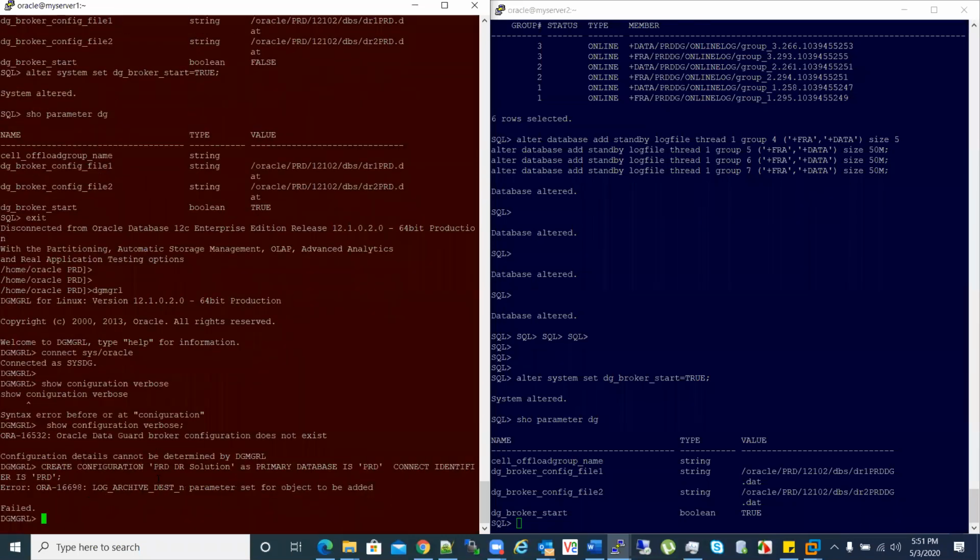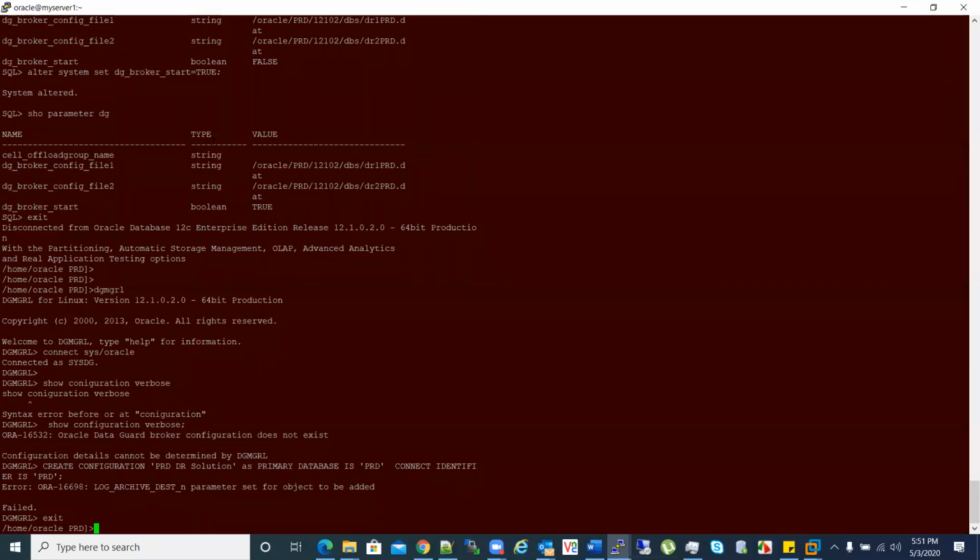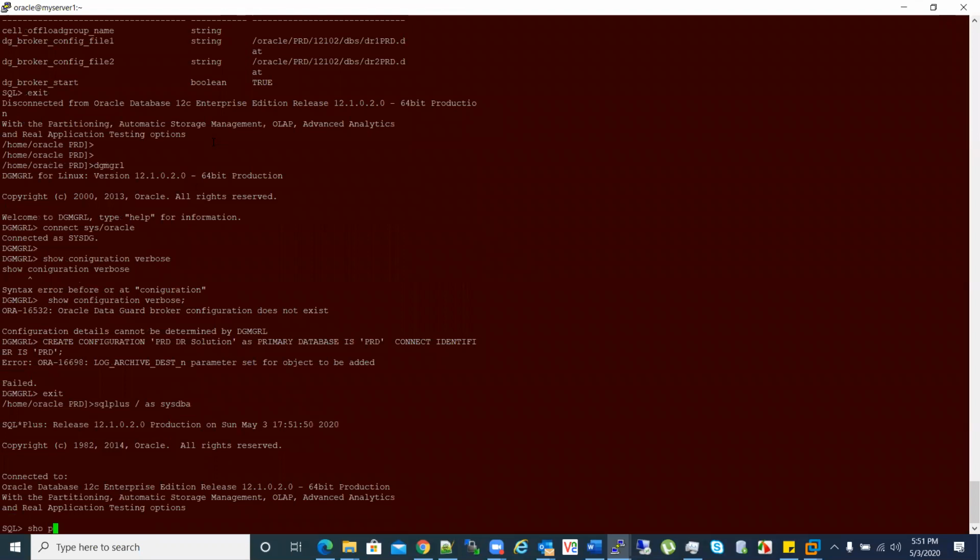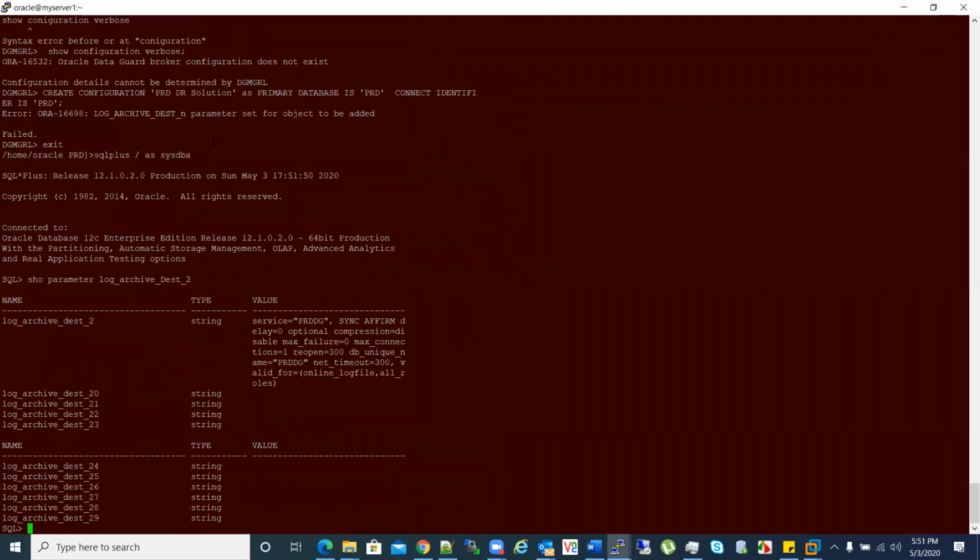It says log archive dest parameter set for object to be added. Now what it is telling is, why did you set that parameter? It is my job. So I'll say show parameter log_archive_dest_2.